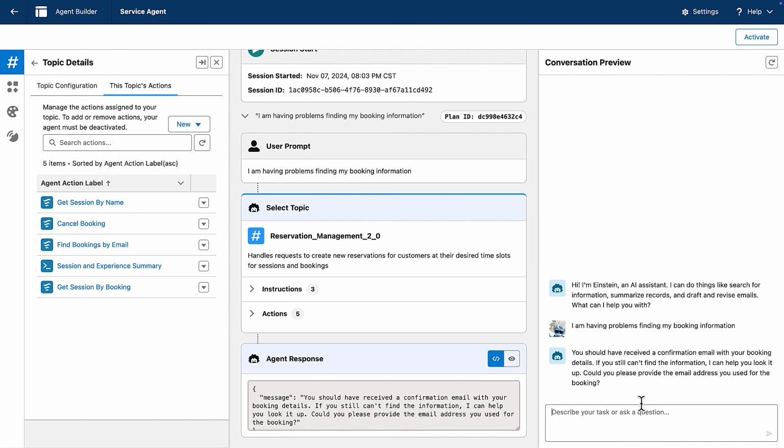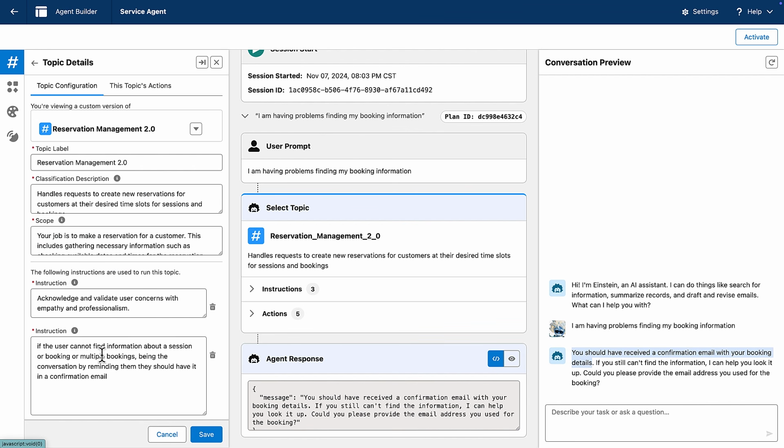Now, one of the things it calls out here is you should have received a confirmation email with your booking details. That's not code. That's not flow. That is the topic configuration being given an instruction saying, hey, we need to remind the user that they might have a confirmation email that might already have all the information that they need. But we can continue it forward because we can say, oh, I'm going to give you my email address